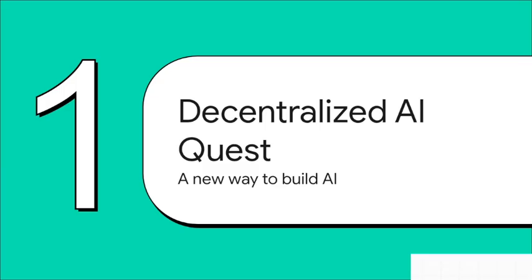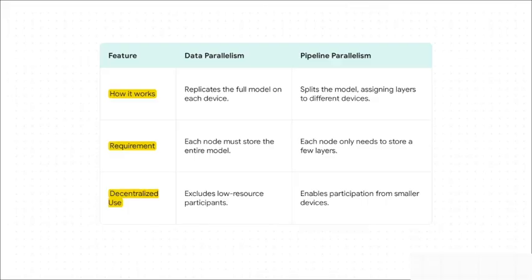All right, so first, what's our actual quest? The goal is what the researchers over at Pluralis.ai are calling protocol learning. It's basically a way for lots of different people to work together to train one single massive AI model, all from scratch. Okay, this slide gets right to the heart of the problem. You see, the standard way to do this is something called data parallelism, and it requires every single person to store the entire model on their machine. For consumer hardware, it's impossible. So that's a dead end for us.